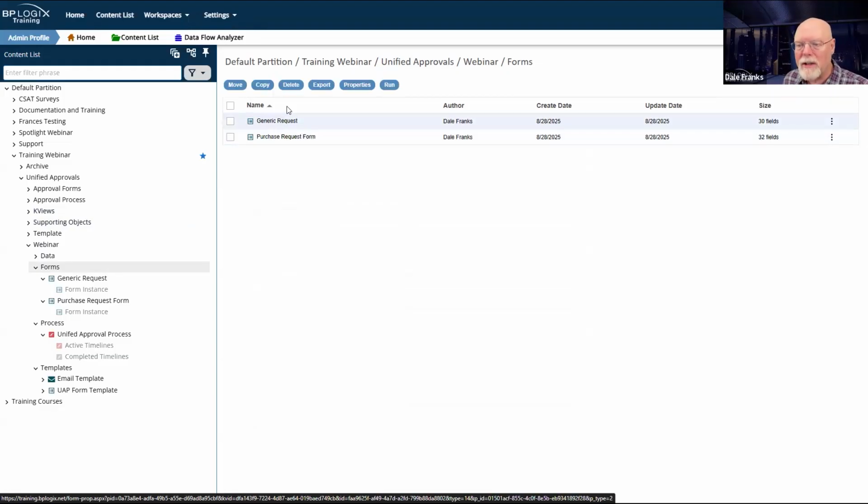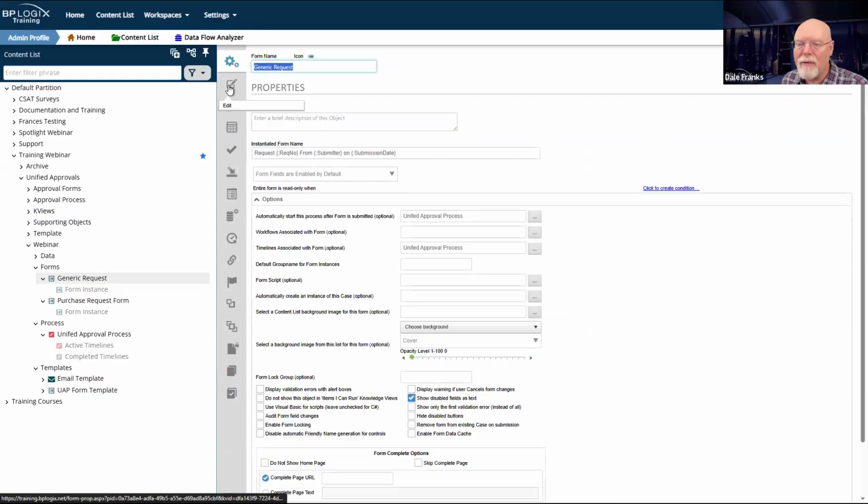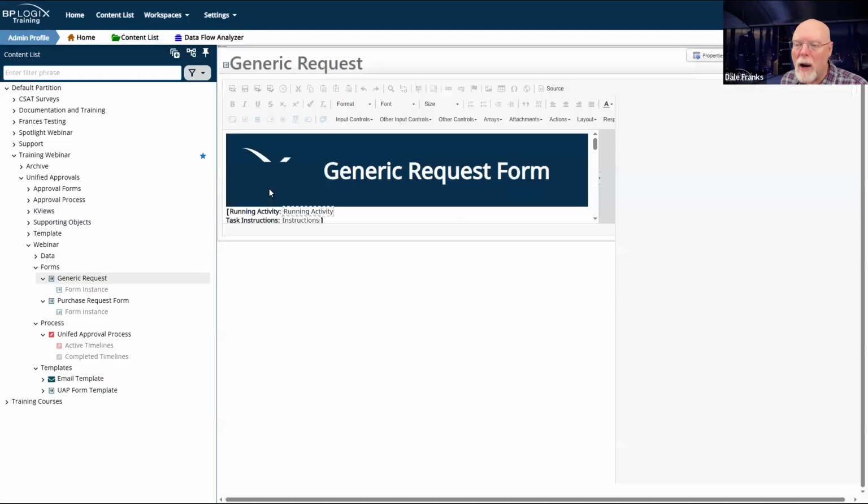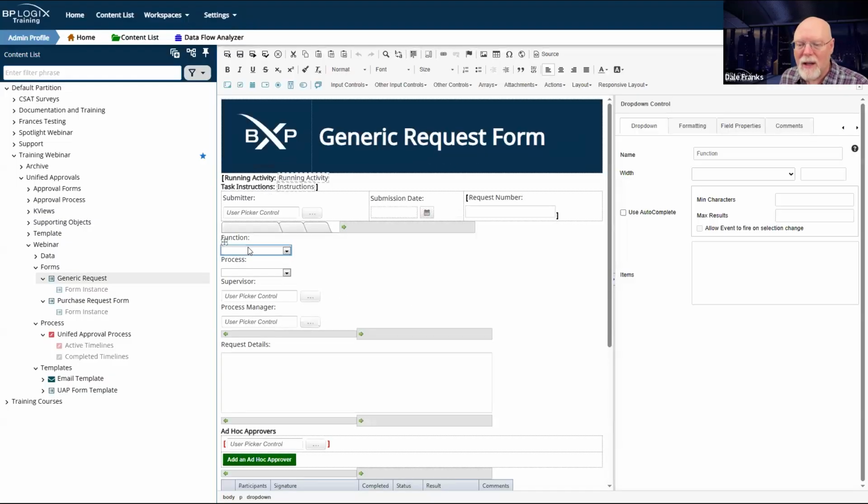Now, remember earlier I said you're never going to probably have a generic form like this that is going to give me access to all of my functions and all of my processes. Now, you might, if you have several processes that are similar enough that they might share the same form, then maybe you could just set the function to a specific value and let the user choose the process.